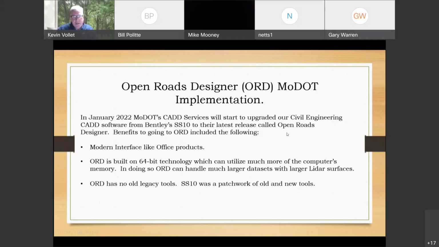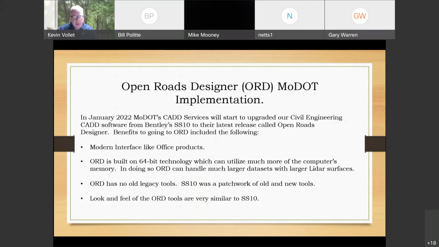ORD has no old legacy tools. SS10 and SS4 were pretty much a patchwork of old and new tools jammed together. An example of an old tool would be GPK and COGO and stuff like that. That is no longer in ORD. The look and feel of ORD tools is very similar to SS10, except for the new tools like the plan sheet creation tools and cross-section tools, but we're going to show you how to use those tools before we leave your district.